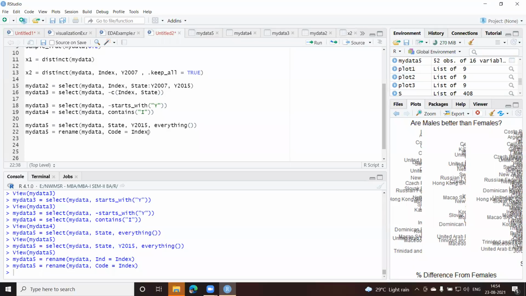Now we'll stop here. Next time when we come, we will take this function called filter. It's a very important function in dplyr. So we will start with the filter function. There are a few more functions around, and different combinations of the functions which we'll see. And I think in the next session we will be able to complete the dplyr package. There are many more functions which I want to show you.